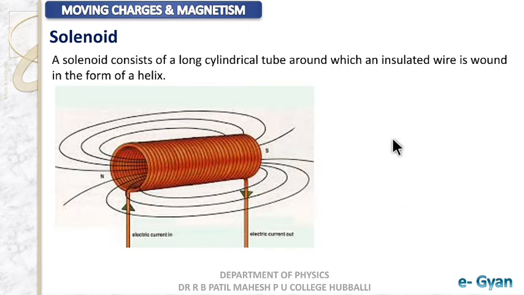Here, insulated wire is nothing but a wire itself on which a non-conductive coating is applied so that they can be wound very close to each other. And you can see the magnetic field around the solenoid. So there are many loops. Due to these loops, we are having magnetic field.